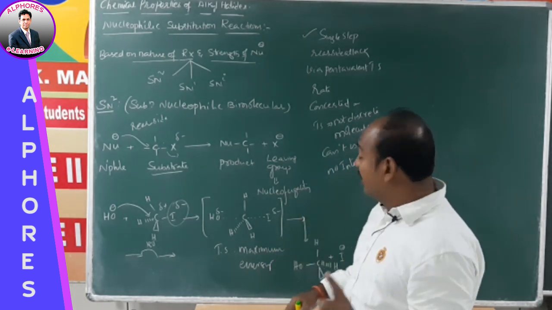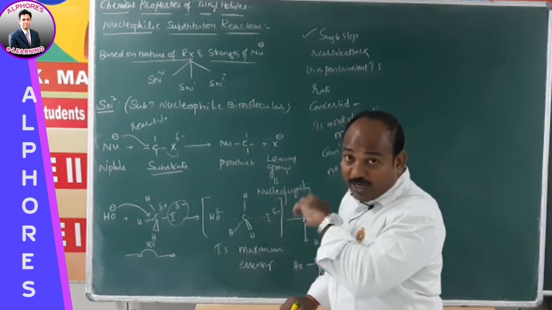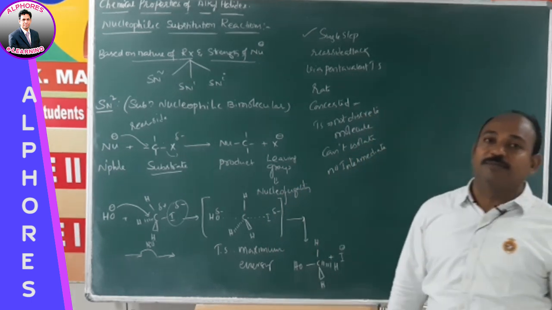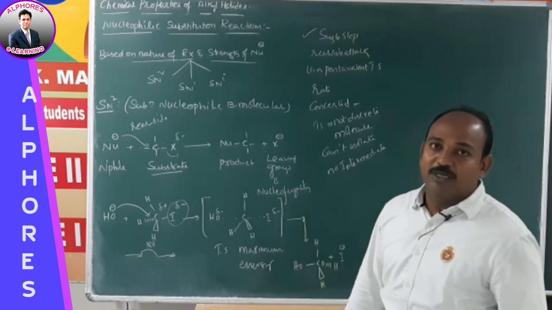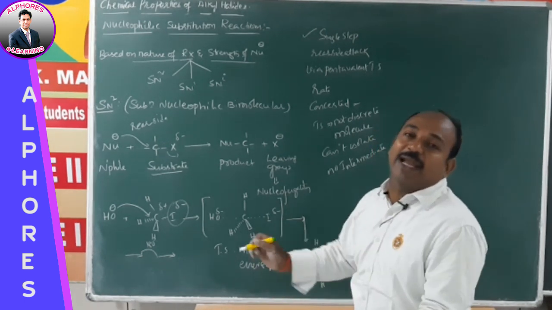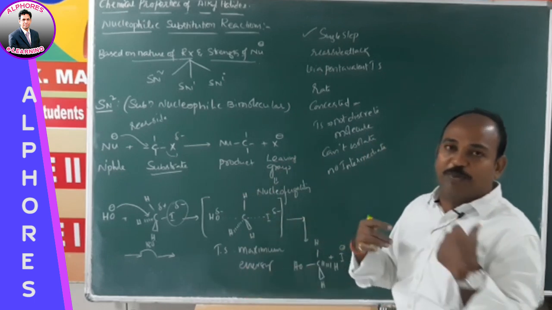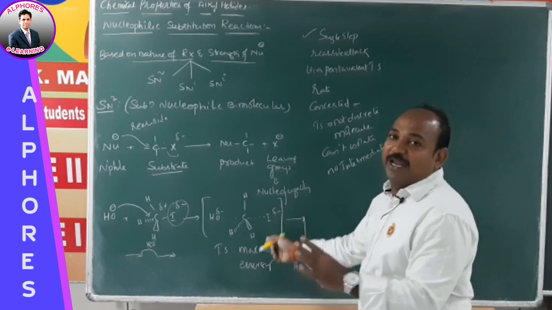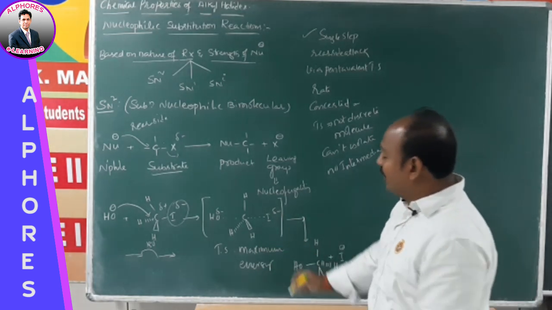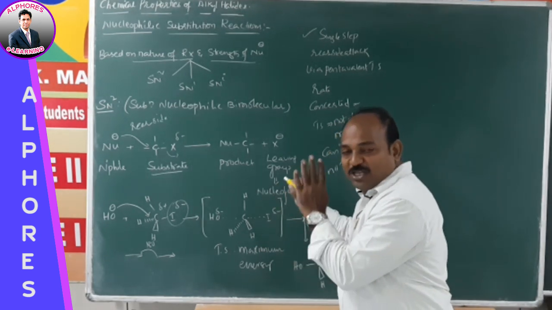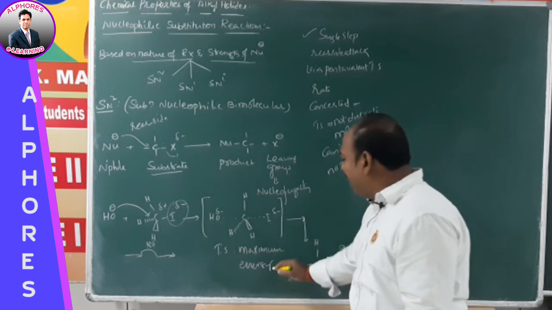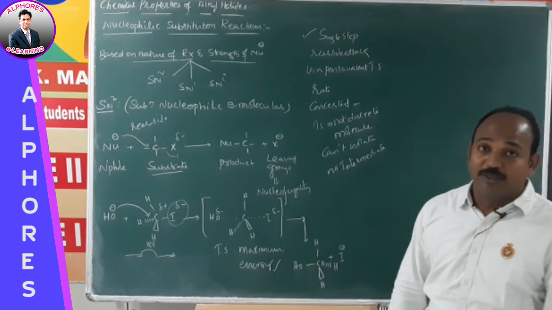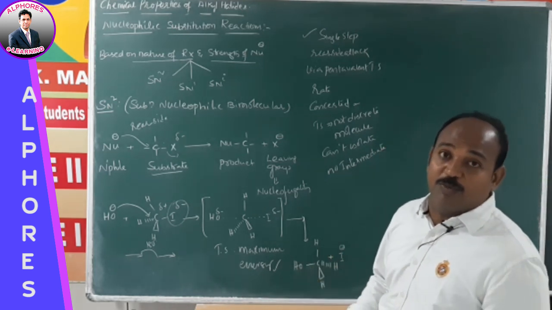And remember that the transition state, whatever we are writing here, you can never isolate. You cannot isolate that. So it is our prediction. The mechanism proceeds via a transition state is our prediction only. But you cannot see the transition state. You are not supposed to get any evidence of the transition state, right? So here only via formation of a transition state. Why sir? Because of high energy. The transition state is the maximum energy point.